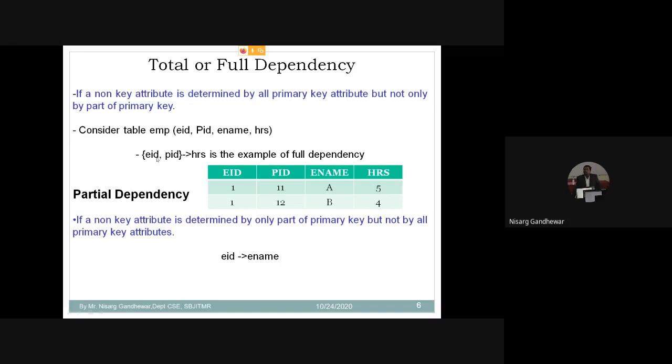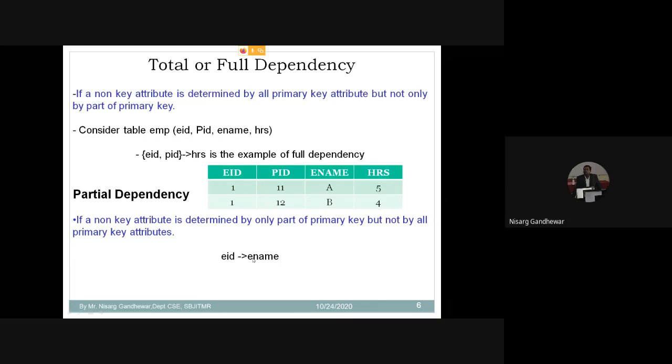Why is it an example of total dependency? The reason is very simple: in this case, I am using all the key attributes to determine the value of the non-key attribute. So a non-key attribute is determined by all primary key attributes, but not only by part of the primary key. Suppose I use another: can I say EID determines ename is an example of total dependency? Can I say EID determines the employee name, it is an example of